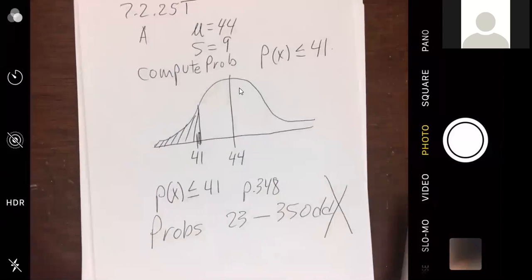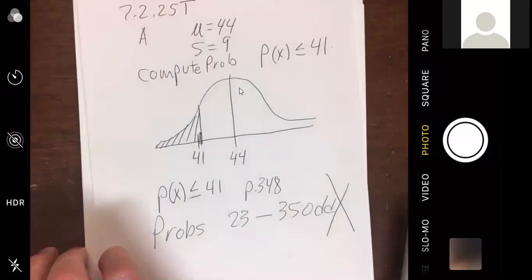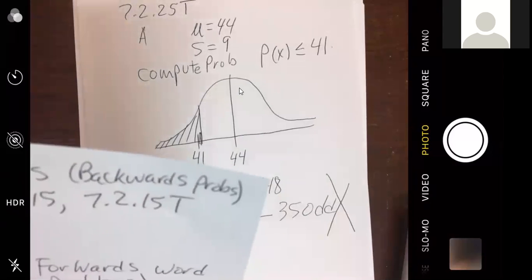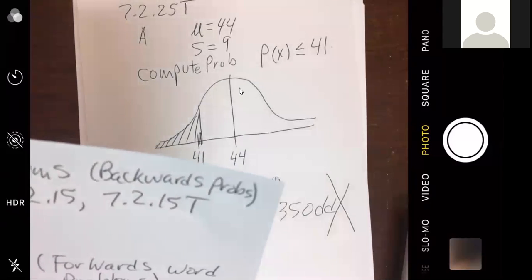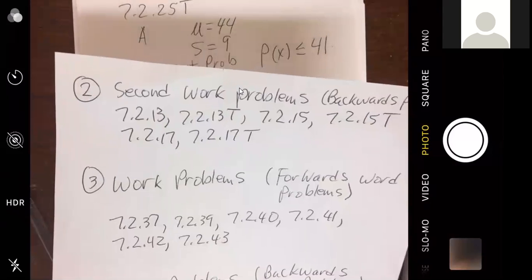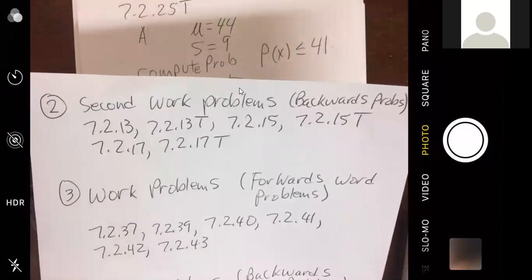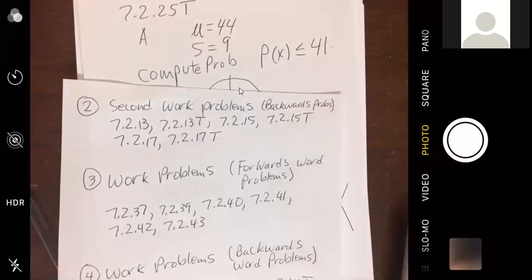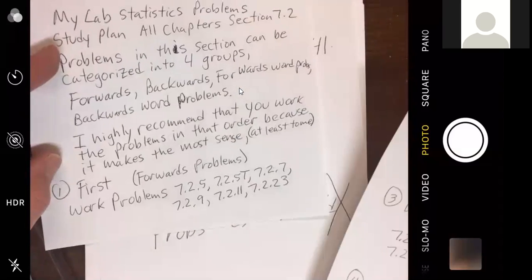Okay, let me pull up another one. What about 7.2.27? Yes, please. Backward. That's odd. No, I don't have that one on either. Oh, really? Really. No. I don't have 7.2.27, so I don't know. It means I copied it wrongly or